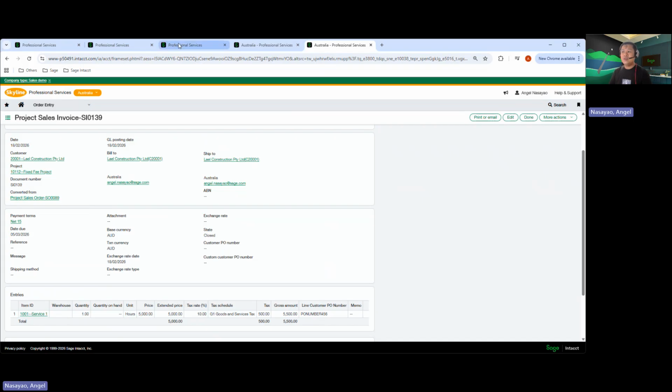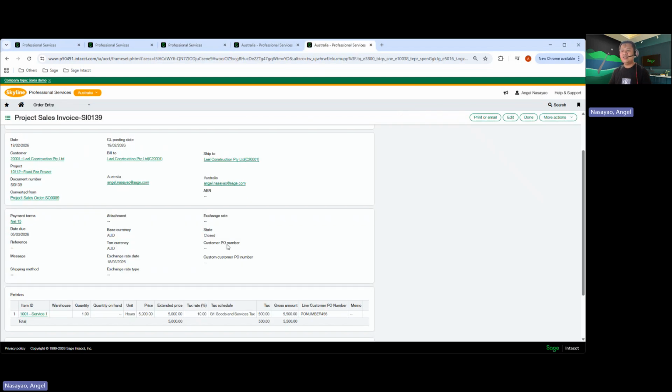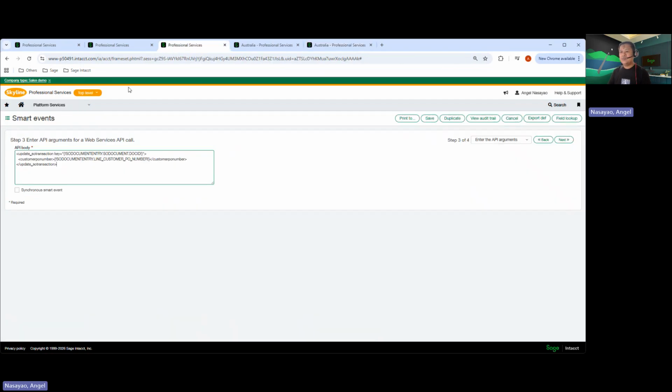So we have that smart event in there, which is the second smart event, which we actually designated as asynchronous, which means that it would take some time before that field is being updated, as we don't want to meddle with the generate invoice processes, right? But we would like this field to be updated. As I said, we would probably be using it for a printed document template or for any other reporting purposes as well. So at the moment, it's actually blank, but since we have that smart event, which is asynchronous,